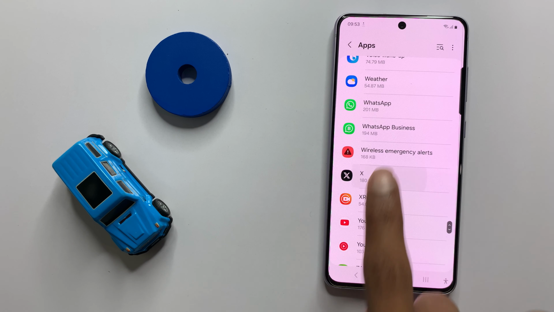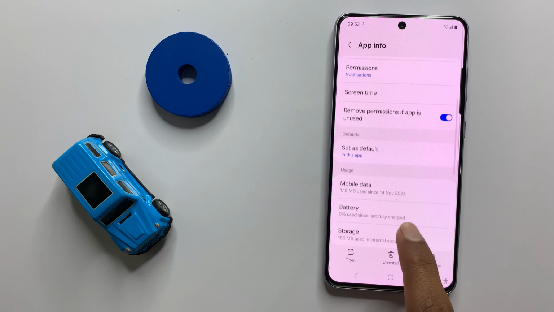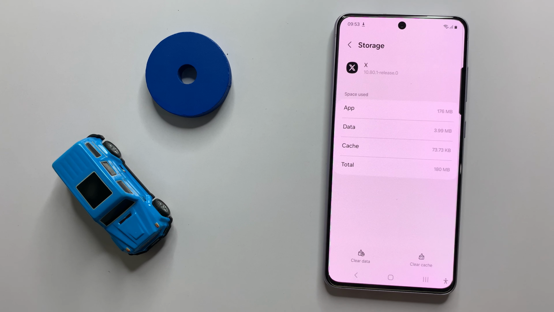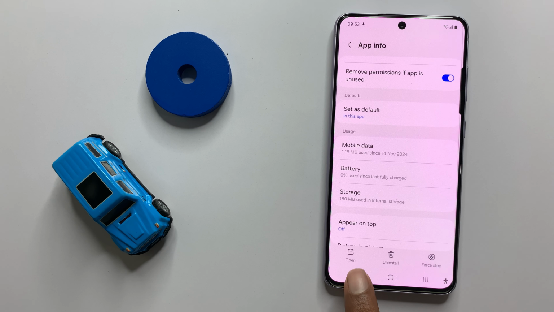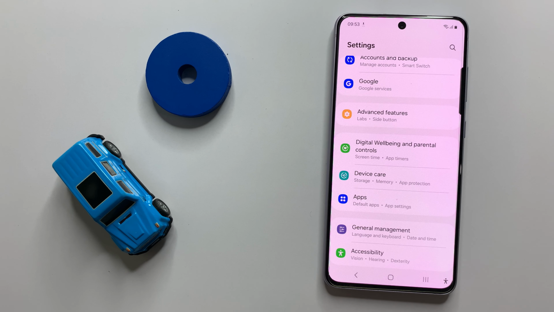Now click on X and then click on storage. Now here you can clear the cache memory and data of your Twitter. After clearing the data and cache memory, go back to the main page of your settings and click